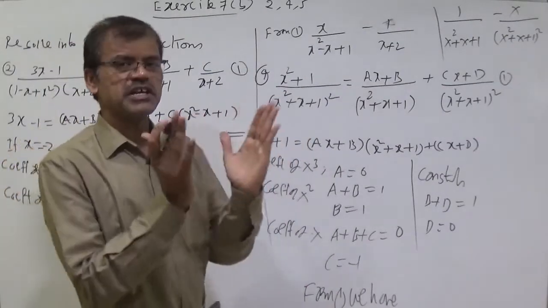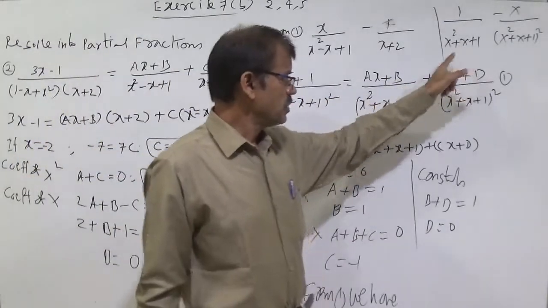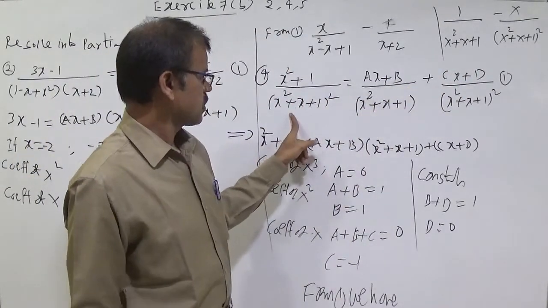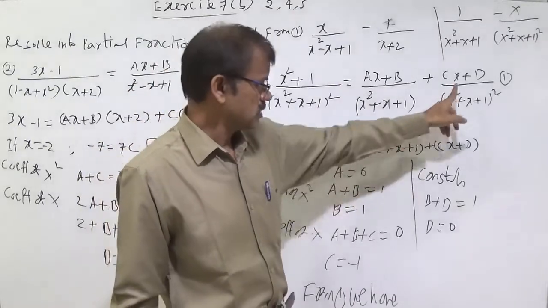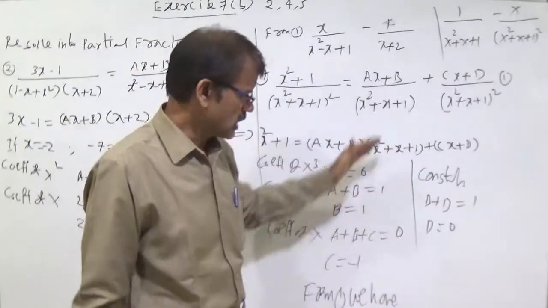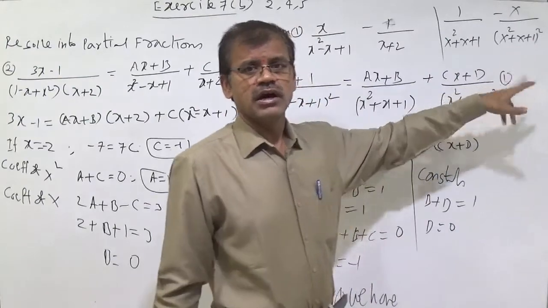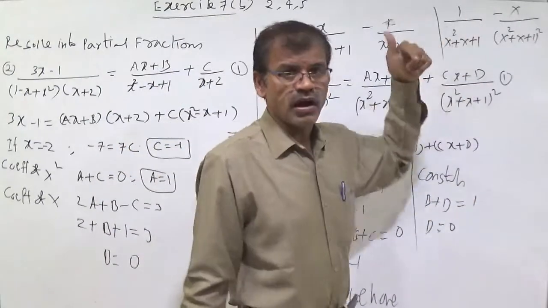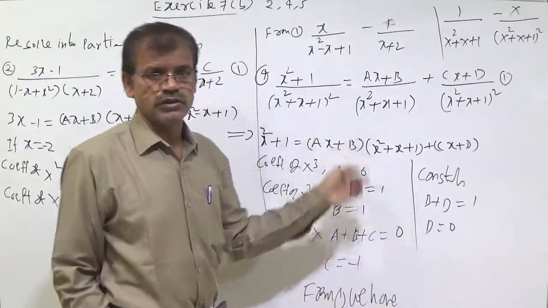This is called as splitting the term. X square plus 1 by x square plus x plus 1. We know that whenever x square plus x plus 1 whole square is there, then you should write a plus b by this one and c plus d by this one. No need to write a plus b and c plus d if it is objective. If it is IP, you can write. If it is objective, directly write this one. Otherwise, verify the option, whatever the option given. It is the shortcut. No need to write full this one.